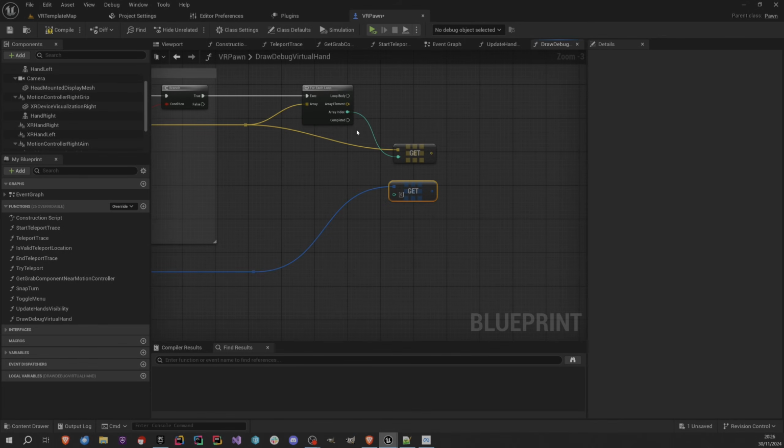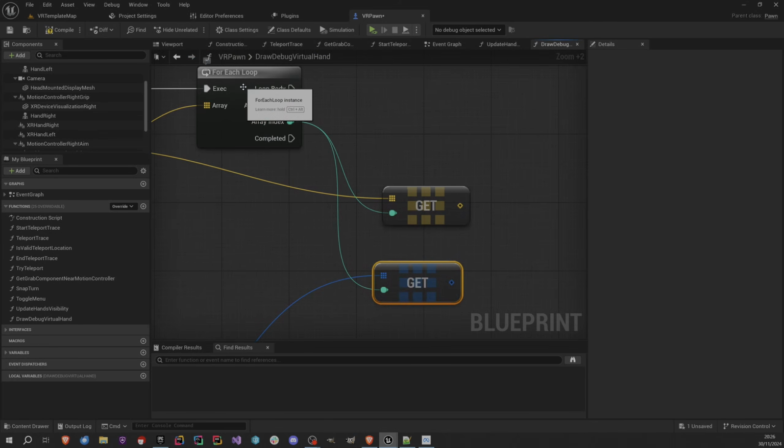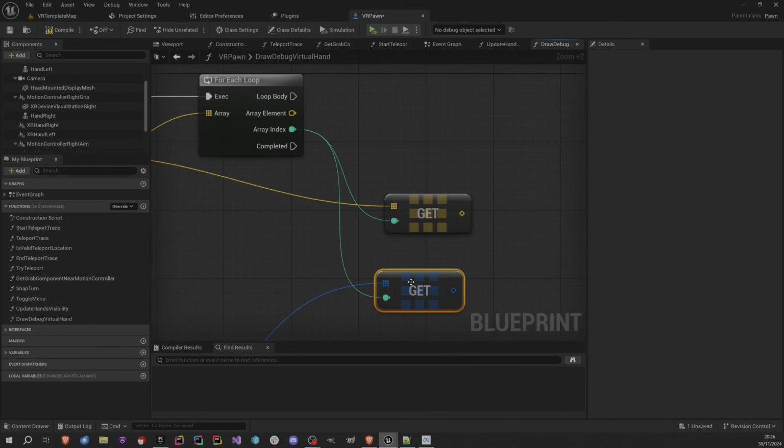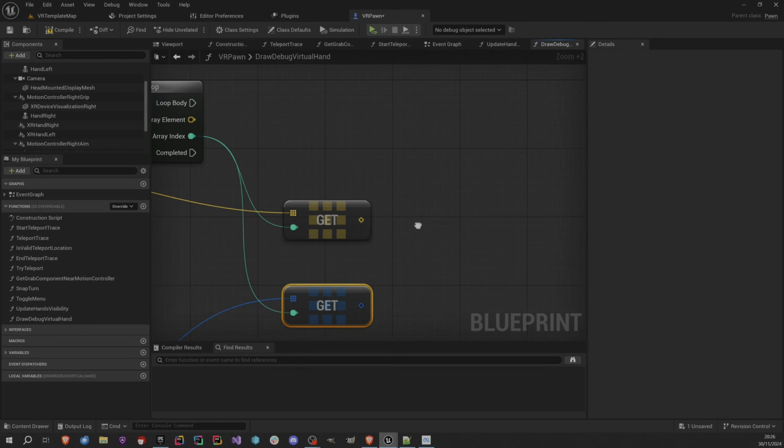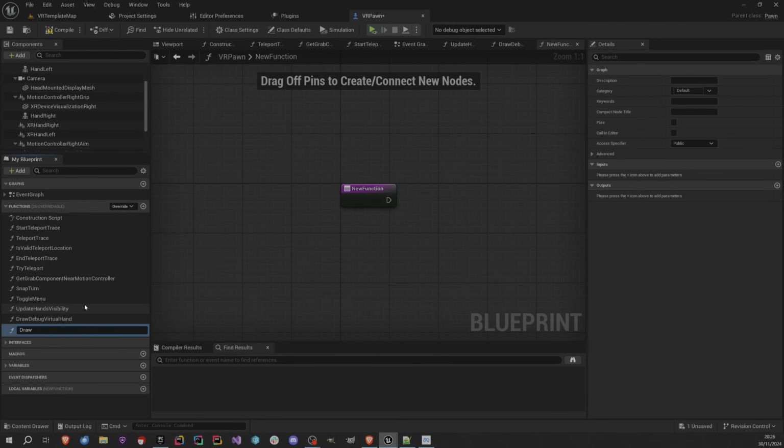Now, also I want to connect the array index. This is important because otherwise for 26 times this for loop is going to run and I always return the first element, which could create a bug, definitely. Then what am I gonna do? I'm gonna define another function. Basically for every joint, I want to call that function inside this draw debug virtual hand. So I'm gonna add another function. I'm gonna call it draw debug